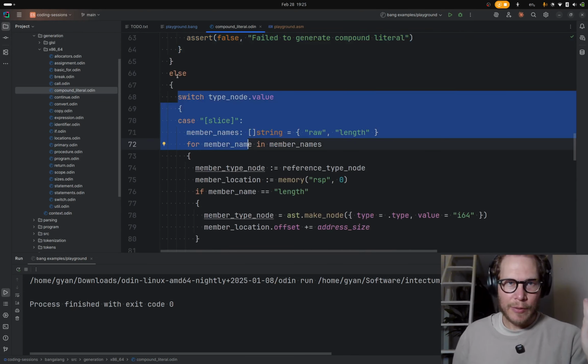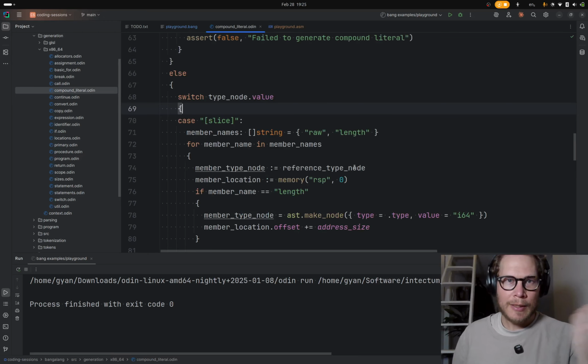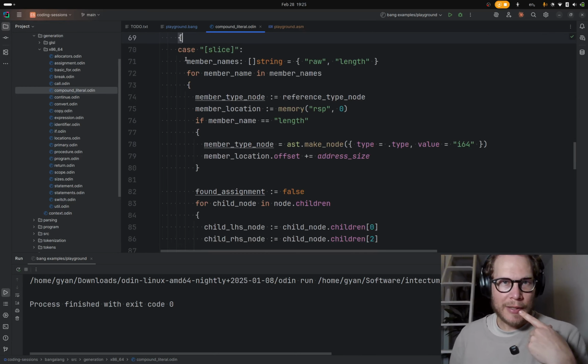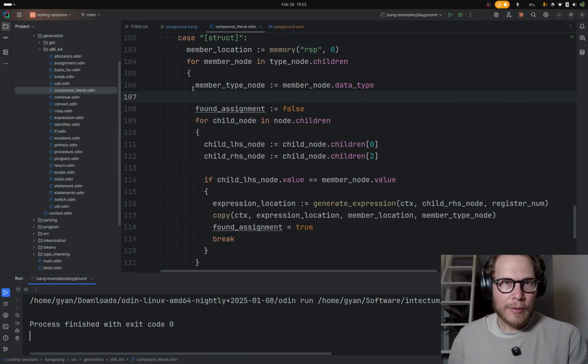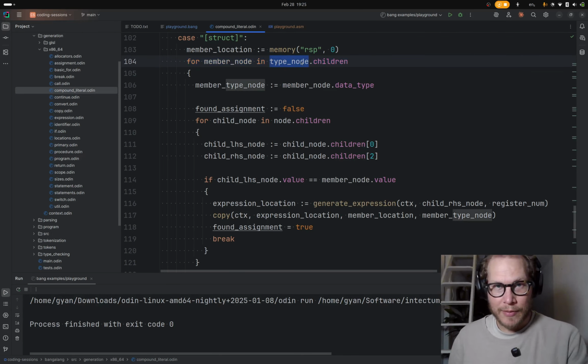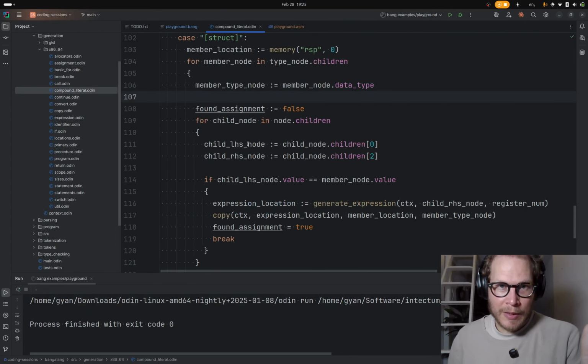Then we come down here. So this else is for these kinds of compound literals that contain assignments. For a slice, we have raw and length, and we deal with those. And this is what we're interested in. So for structs, we come through, and for each member in the struct, so this is the type. So these are the member type nodes. For each member in the type, so that's these 5 members, we loop through,